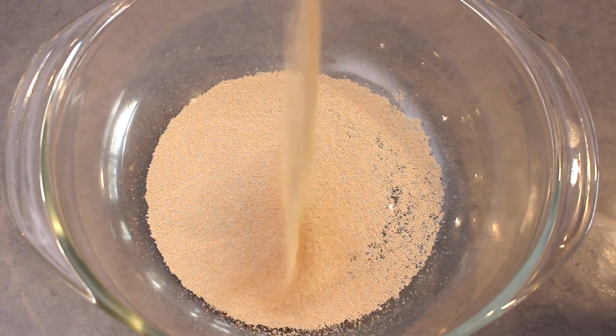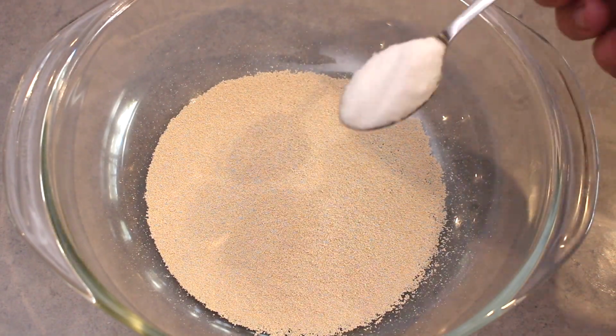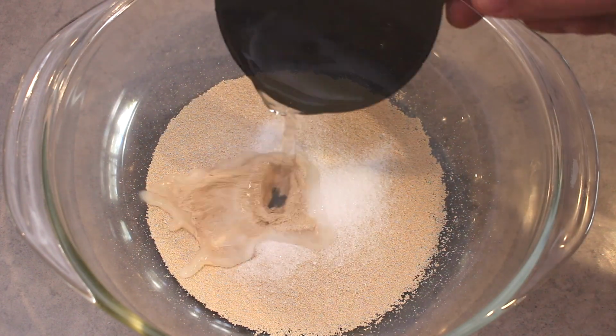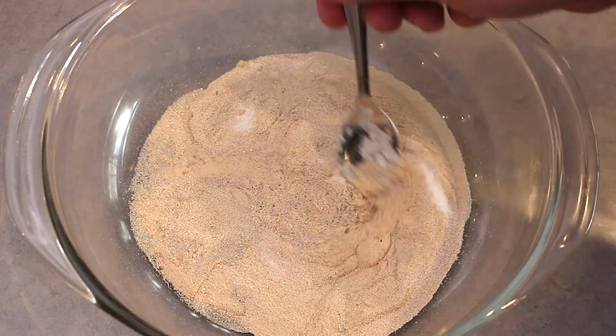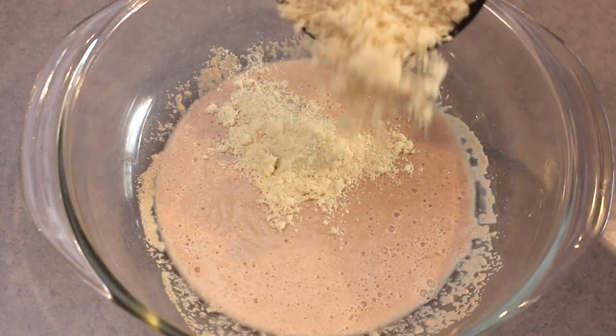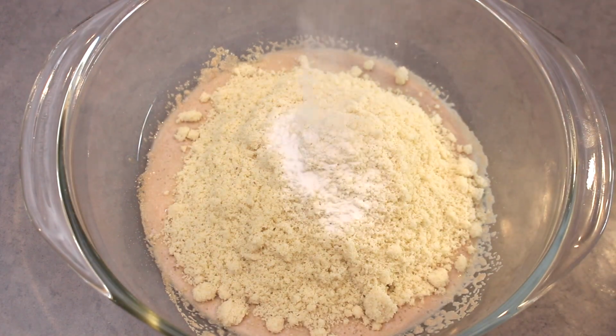Next, into a large bowl, add your instant dried yeast, the sugar substitute, in this case I'm using stevia. Pour over some warm water and mix well until it starts to bubble and foam, and just leave it to stand for 1 minute. Next, add in the almond flour, baking powder and a pinch of salt, and then just